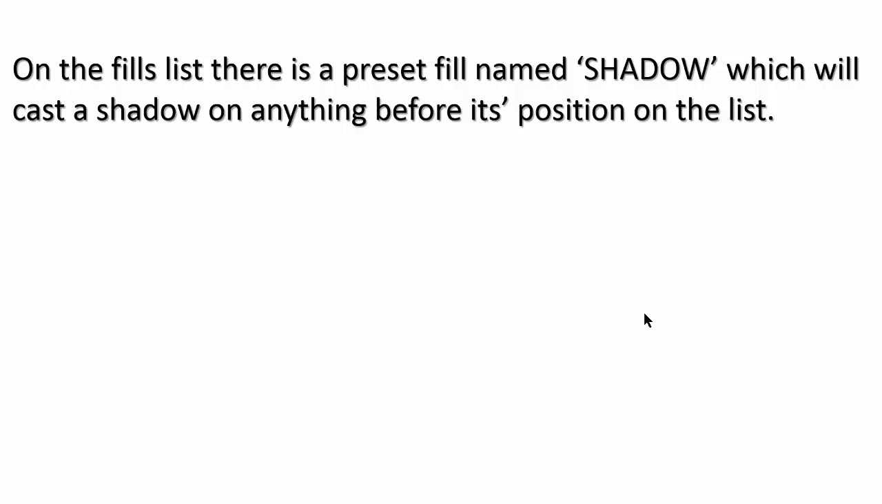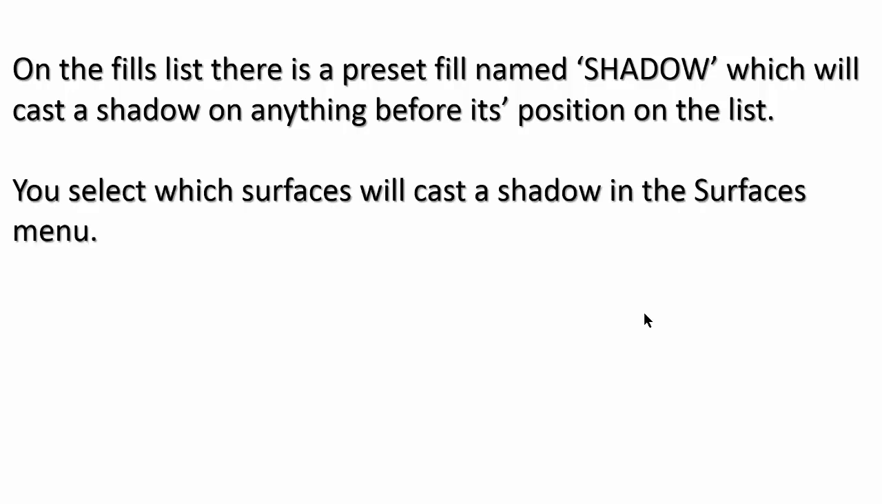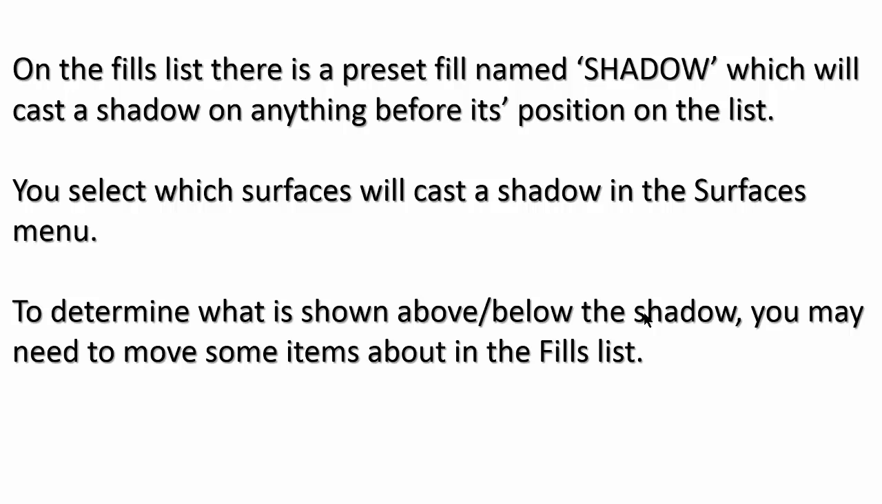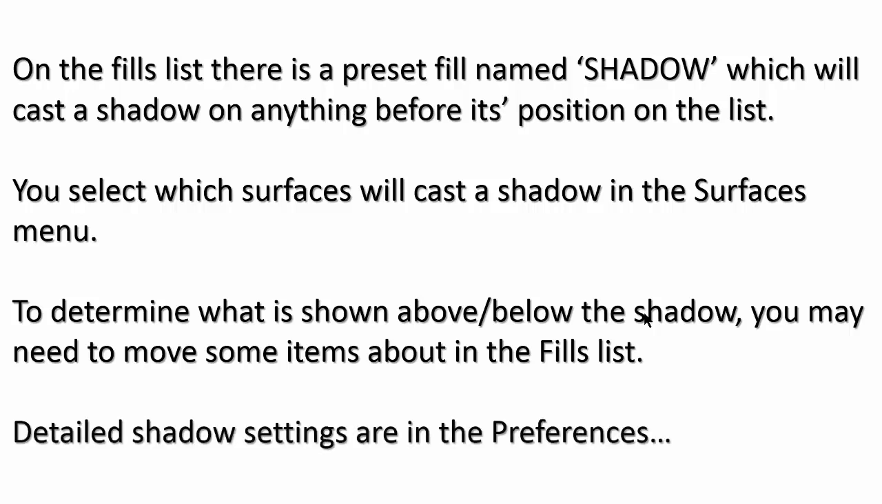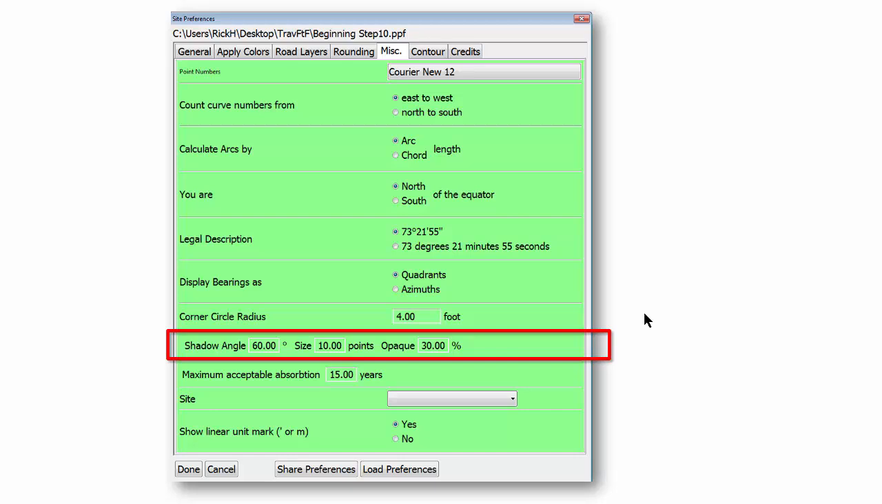On the fill list, there's a preset named shadow. Anything before that will cast a shadow over it. Anything after it won't. You select which surfaces will cast a shadow in the surfaces menu. To determine what's shown above and below, you might need to move some things about in the fill list. And again, the shadow settings are in the preferences. So when you look at miscellaneous, it'll show the angle, the size, the opaqueness, and you could just